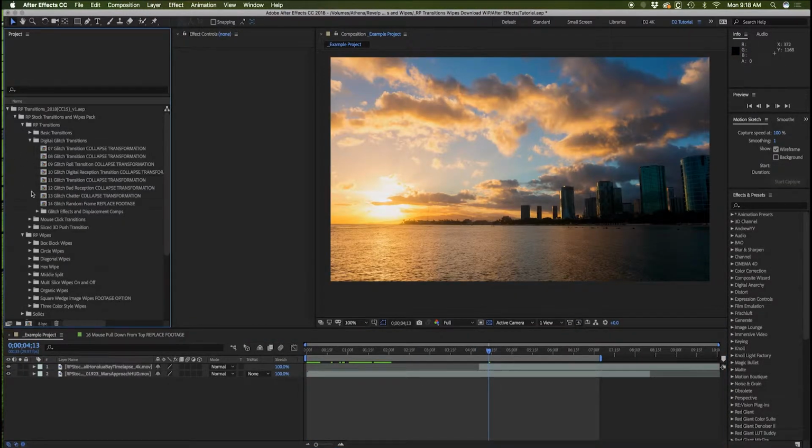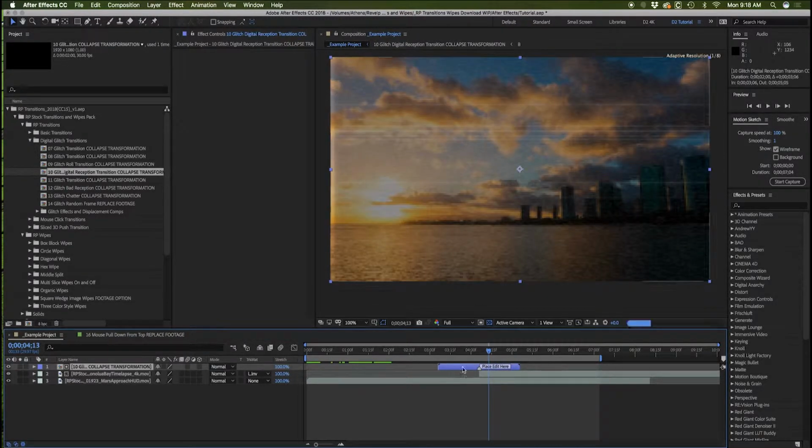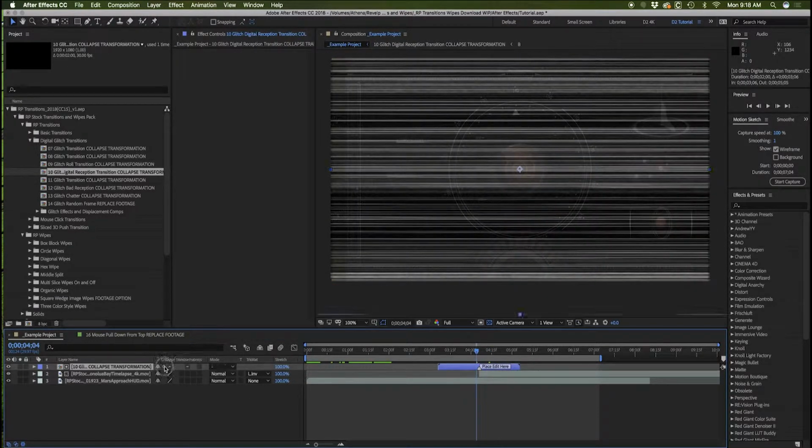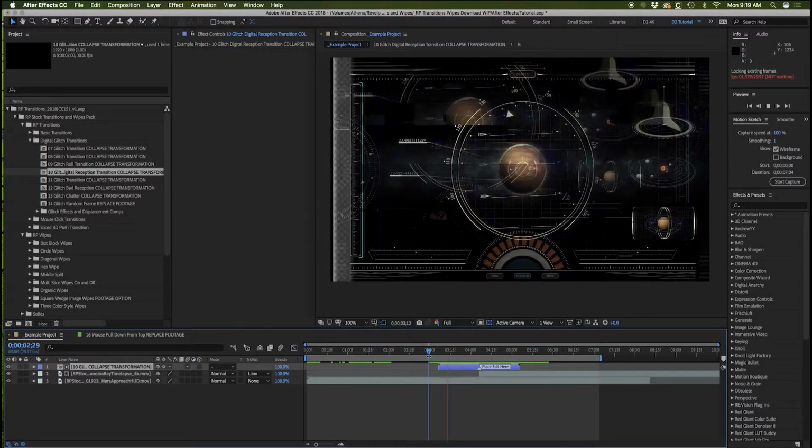Now, I haven't gotten into the digital glitch transitions, and these are very fun. So let's do number 10, digital reception transition. And this is a collapse transformation. So in order for it to work, you have to click this button right here. And if we preview,